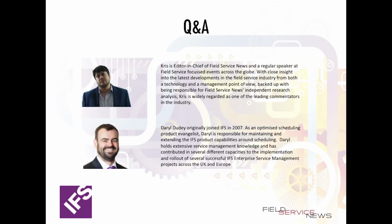We try to go for a timescale of 6 months from start of project through to live. I mean, that's the goal. If possible. But like I said, the nature of the business, the more that upper management is driving this project, the more likely it is we're going to get to live quicker. It's very important because a lot of the time these things get done as IT projects, but they're not. They're business projects, and the business needs to understand that there's a lot of change involved in this. We've got people involved in this. We've got customers involved. And everybody really needs to be concentrating on it and focusing on it